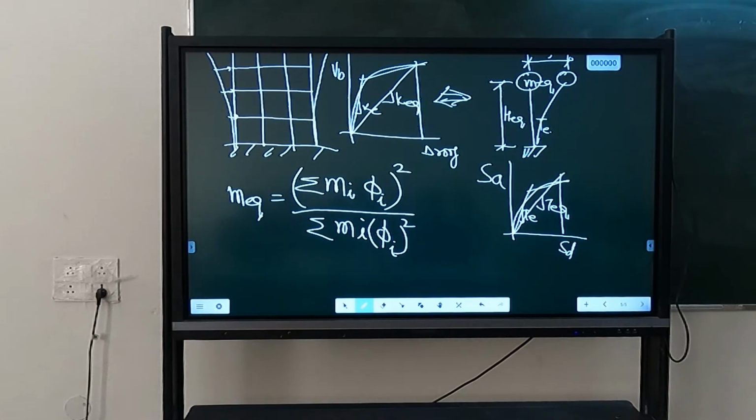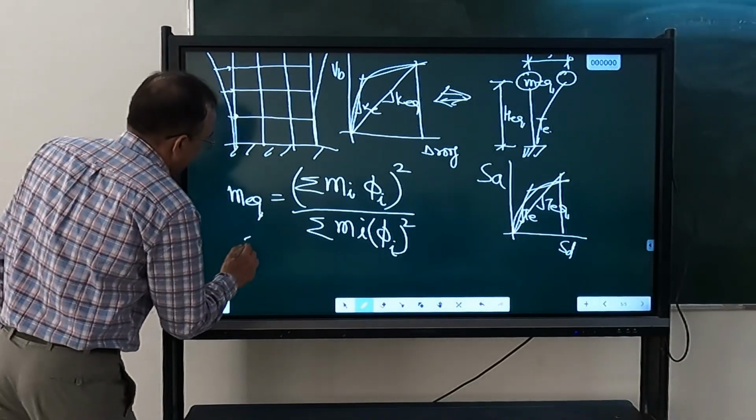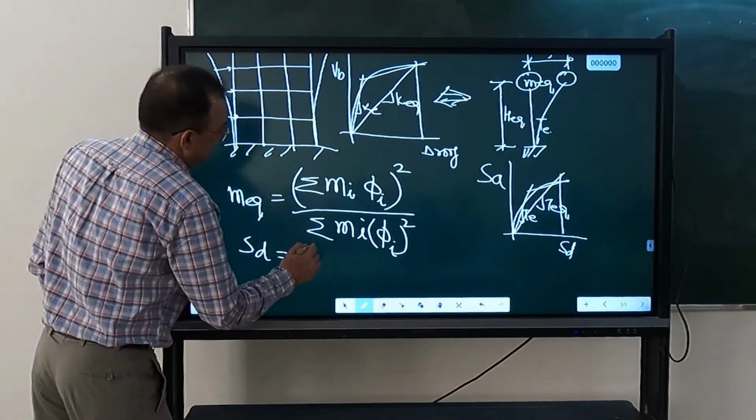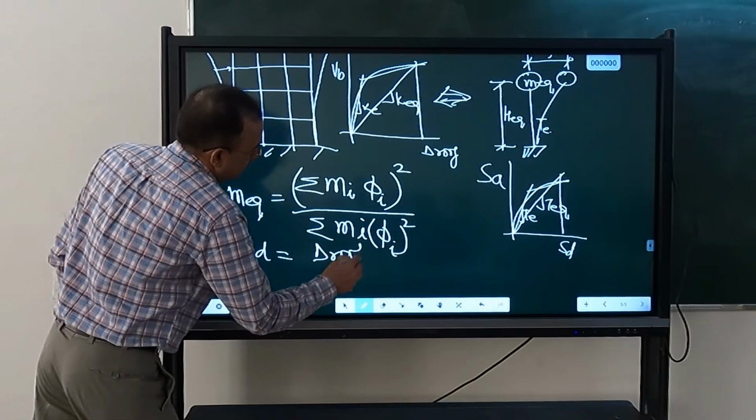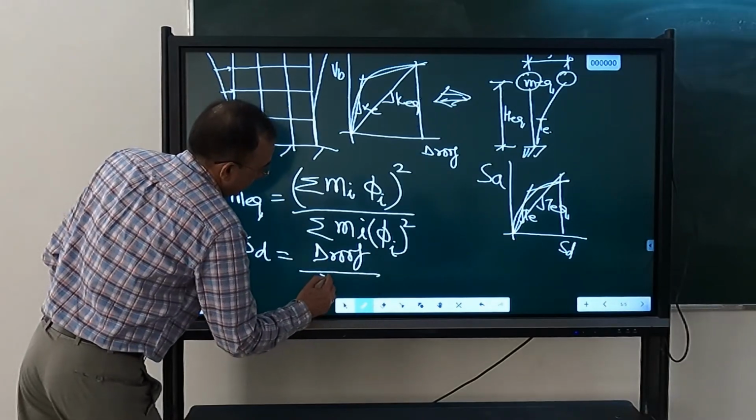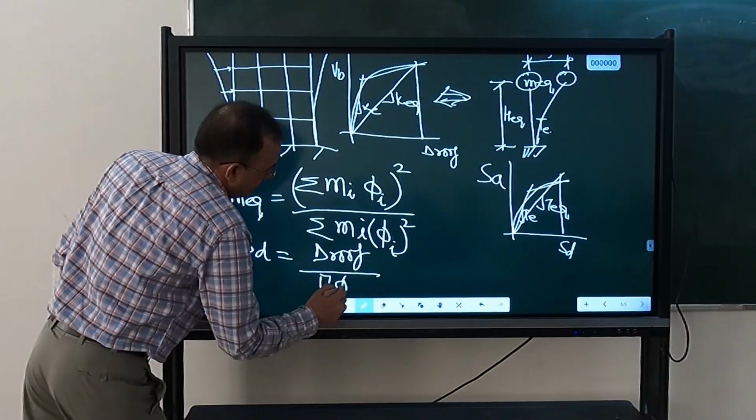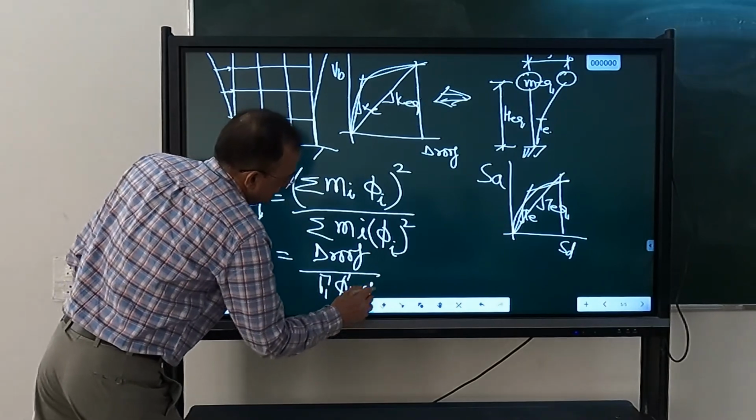Whatever displacement we are getting from the actual multi-degree system, we are converting into a single degree freedom system. Those will be related, and that relationship is, you already know, SD is delta divided by gamma 1 phi 1,